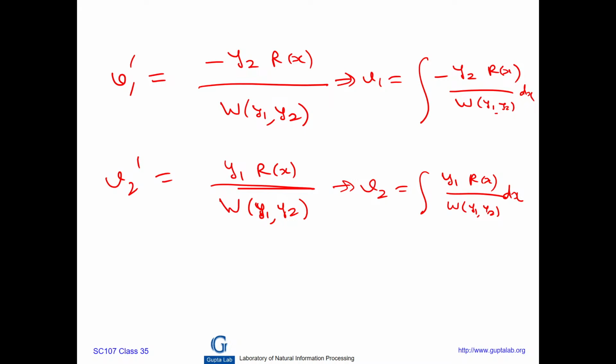Okay. So now since we have v1 v2, solution will be what? y1 times v1 plus y2 times v2, right? This is our particular solution of the equation,